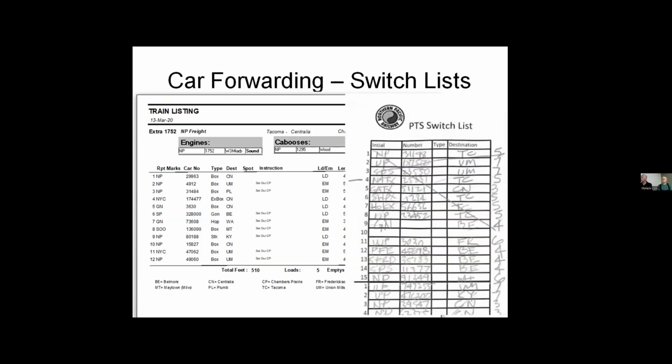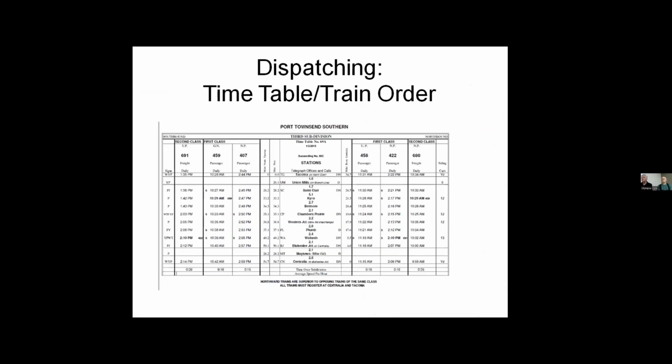And then if you're in the yard, you can actually draw up switch lists like the real ones used, and then switch your cars accordingly. And this is a sample of some of these switch lists that they had used. For dispatching,